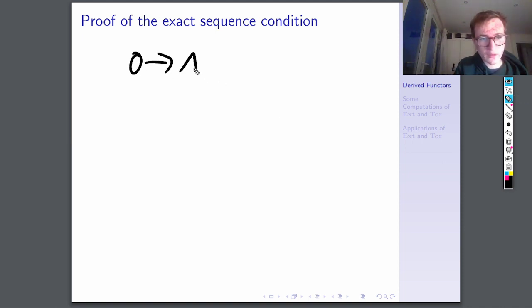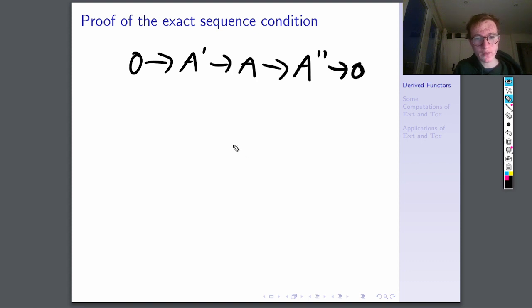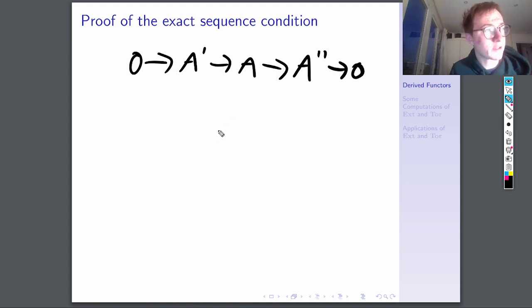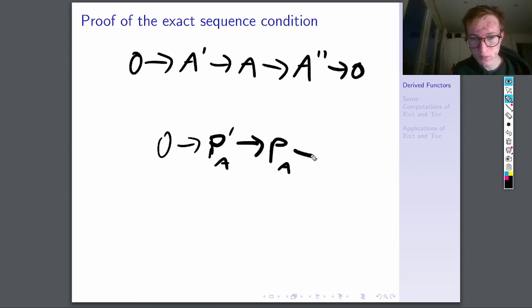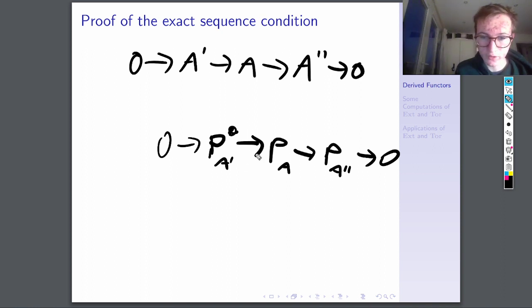If we are given an exact sequence like this, then by the horseshoe lemma we can construct projective resolutions such that this sequence of complexes is exact, and so then we can apply our functor f